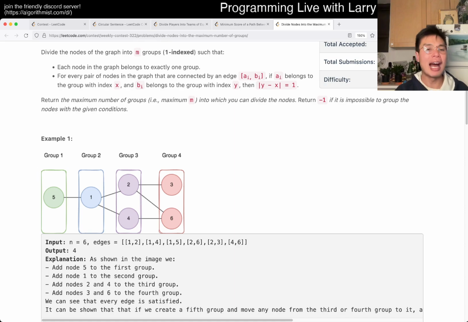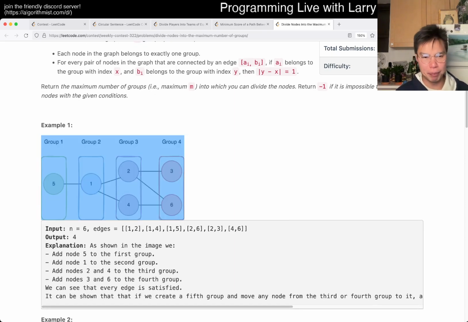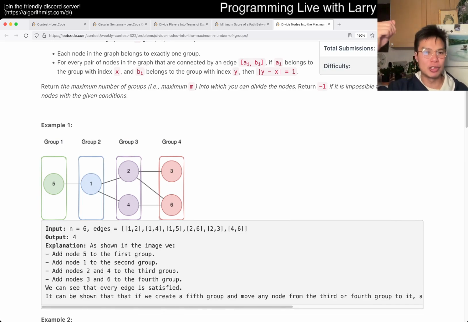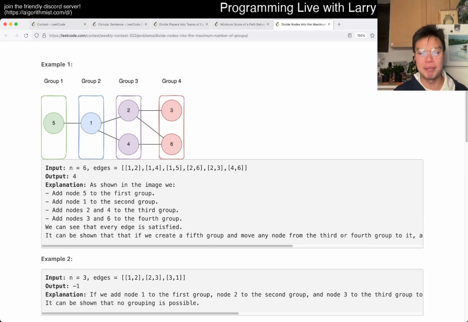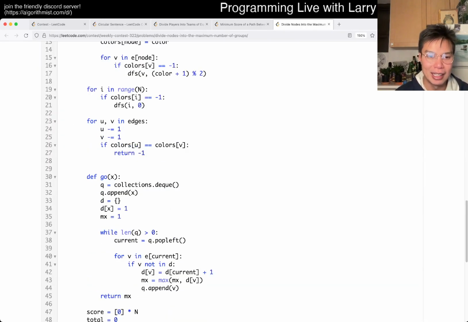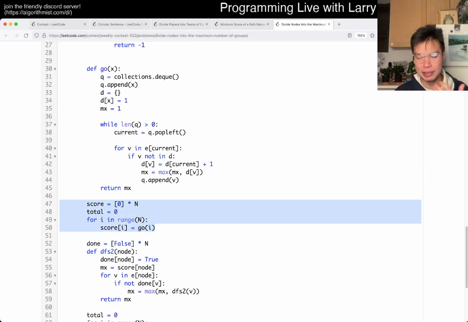However, that may not be optimal, because, for example, in this case, if we pick 1 as the root, then you're going to get 3 as the number of groups, and that's not the maximum you could get. However, you want to do it from 5, and that's where V squared and V equal to 500 comes into play, because you can do that. So basically what I did is that I got a score for every number, and the score in this case is just the depth of the